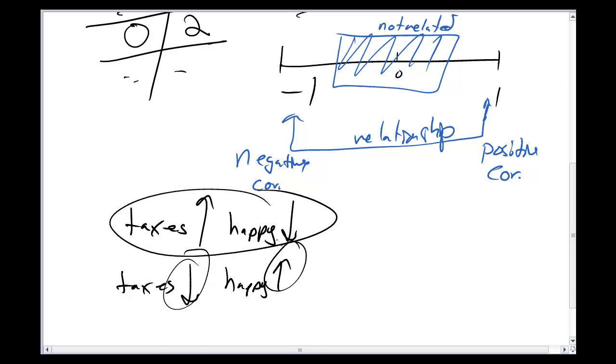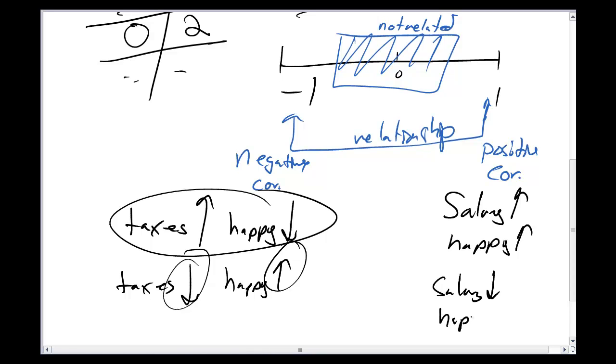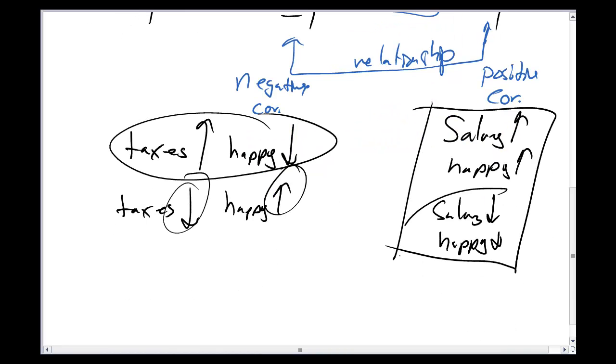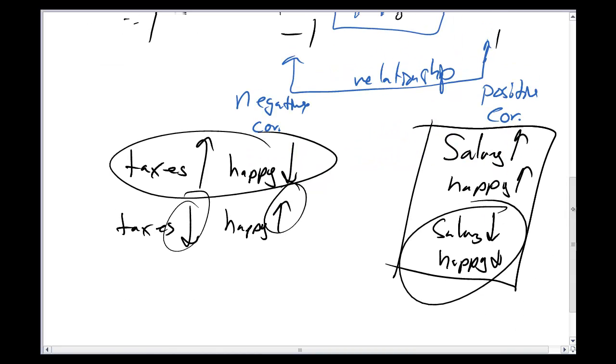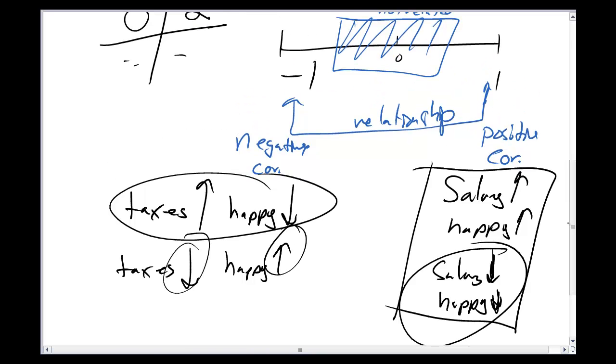On the other hand, for positive correlation, I've got maybe my salary. As my salary increases, my happiness increases. If my salary were to decrease, my happiness would decrease as well. These are both examples of positive. Even though here we're talking about decreasing, it's still positive because they're both decreasing together. You know, it's bad if you go down by yourself, but if you can drag a friend down with you, then it makes it all okay. Man, I might be morally bankrupt with that advice. But anyway, they're still both positively correlated because they're going down together.